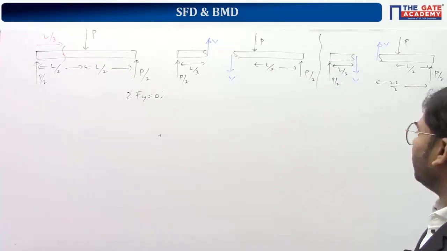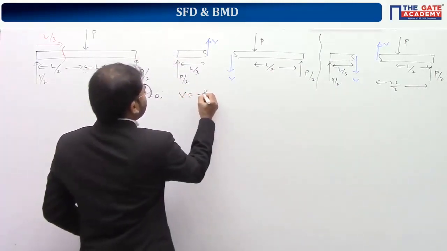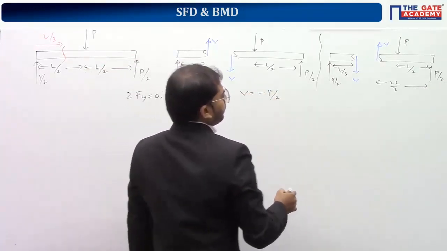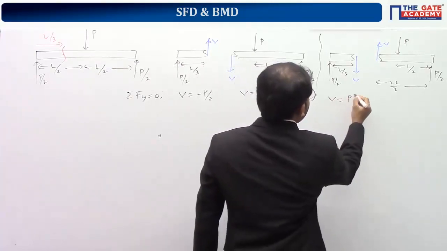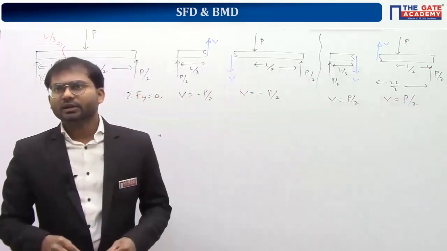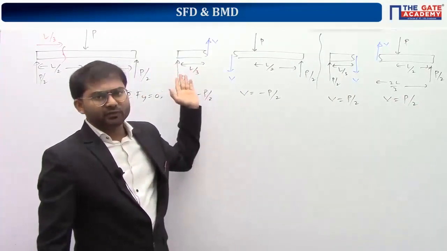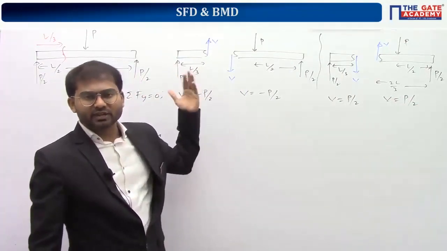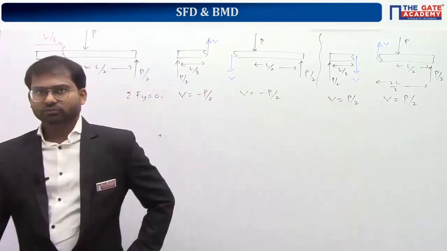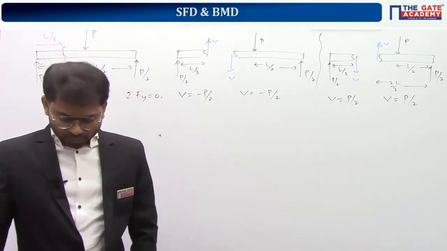Write down in the same way in your notebook. So here, you will be getting V is equal to minus P by 2. Here also you will get V is equal to minus P by 2. Here you will get V is equal to P by 2, and here also V is equal to P by 2. Everybody, kindly check. You should get the same values when you take any side of the cut. So minus P by 2, here P by 2 and P by 2. Clear? Everybody got this correctly, I hope.